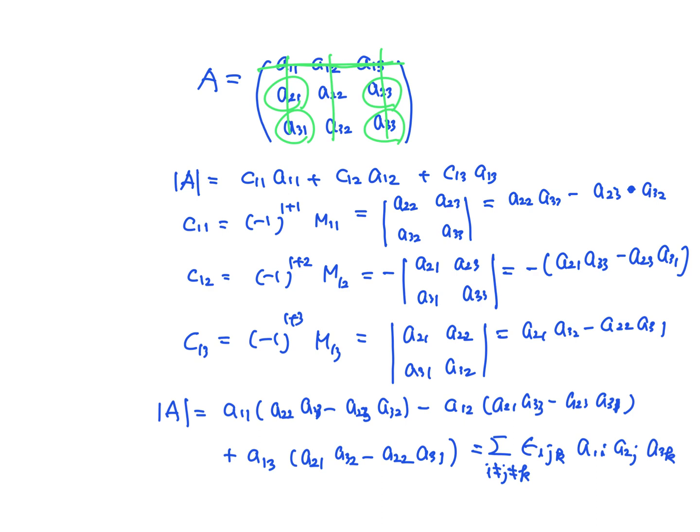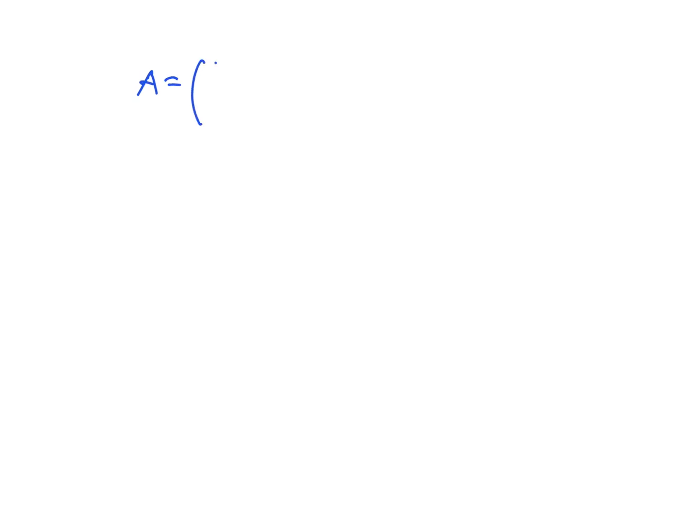So maybe we can do some example. Let's say 1, 0, 2, 3, 4, 5, 6, 7, 8. Probably I have done that last week, but maybe we can do it again. So actually you can choose any column or any row. So